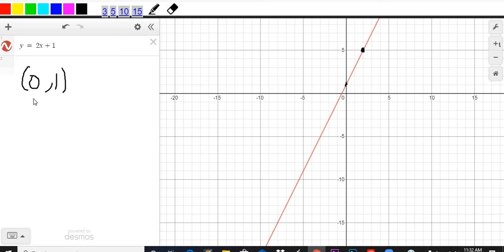So it goes 2, 5. Okay, 2, 5. To find the slope, the formula, if they had just given you two points,